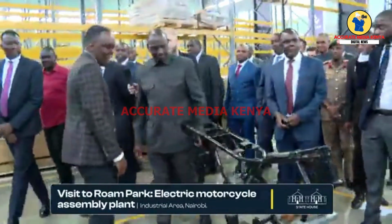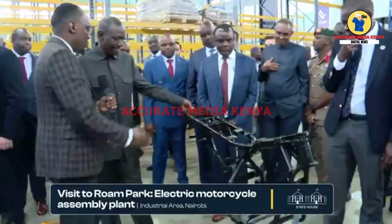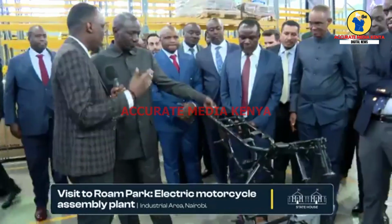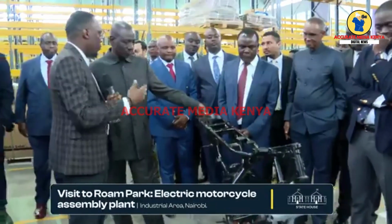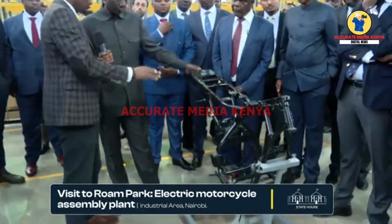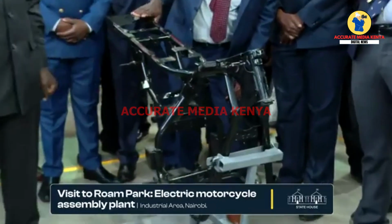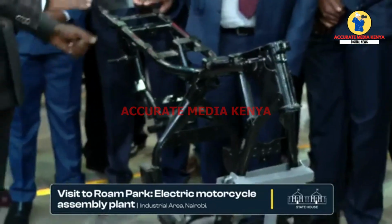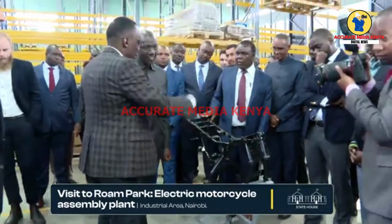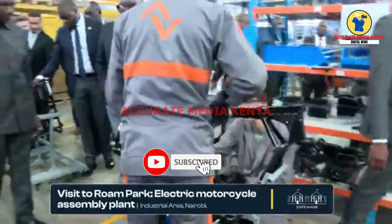Everything starts here with the frame. So this is our design. Everything here has been designed and built by Kenyan engineers, specifically for the sub-Saharan market and for it to be able to survive our various environments. So this is fully designed by us. At the moment we have outside partners that we are using, and then we send it out so that it comes back here. So as we move to the production line,